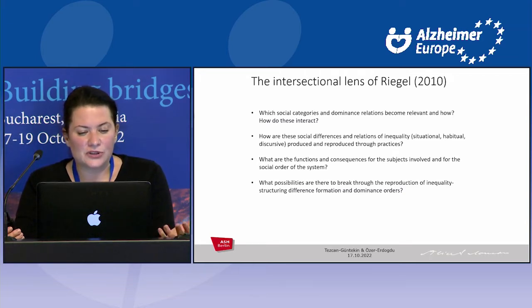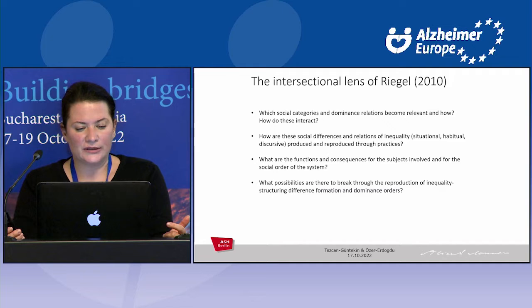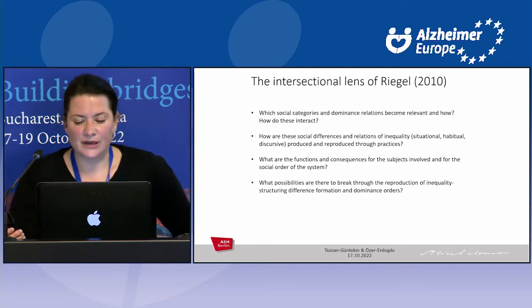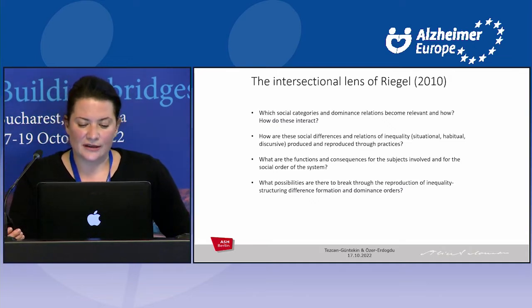The first one is, which social categories and dominance relations become relevant and how? How do these interact? Second one is, how are these social differences and relations of inequality, situational, habitual, or discursive, produced and reproduced through practices? The third one is, what are the functions and consequences for the subjects involved and for the social order of the system? And this last one is, what possibilities are there to break through the reproduction of inequality, structuring difference